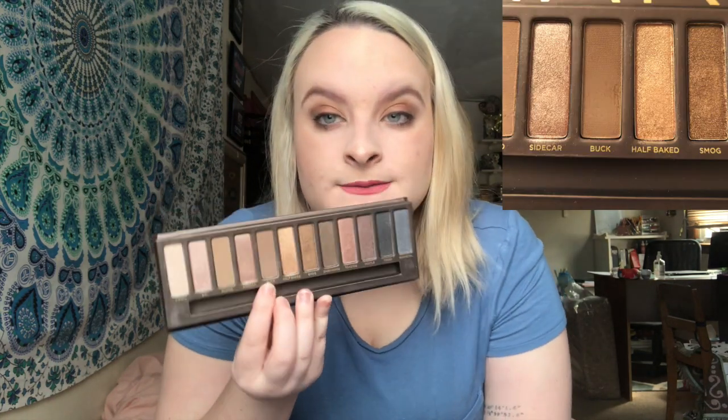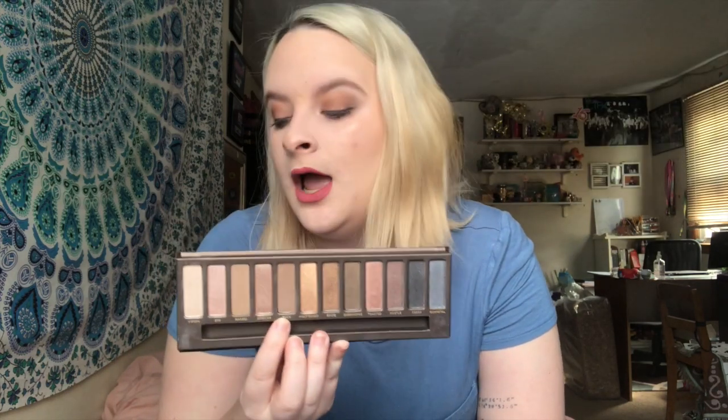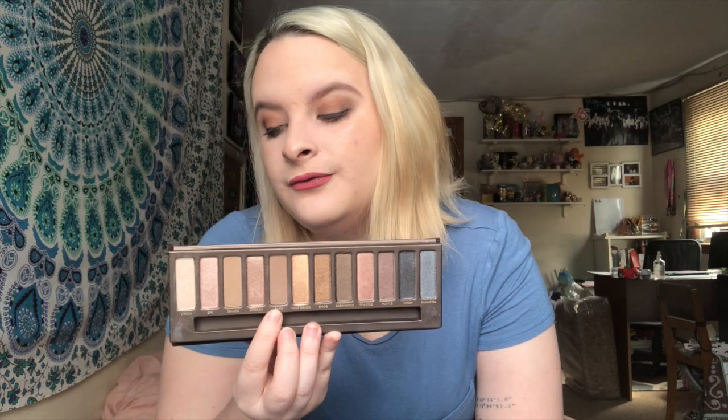This one, I was doing good, and now I'm kind of disappointed, but I knew this was going to be a tough one. Anyway, for fall, from the Naked palette, I picked the shade Buck, because a deer. This was brand new when I pulled it in. I have used it only 6 times this update. I was going good and wearing it every day, but I stopped,